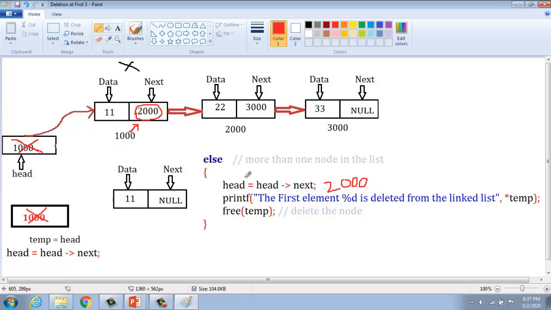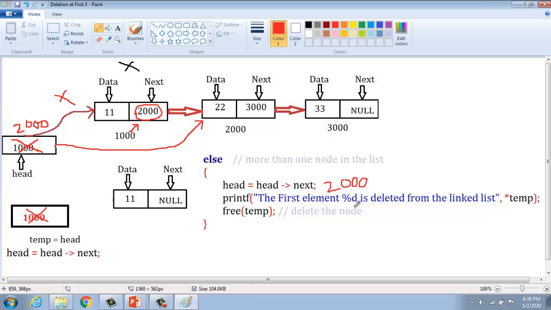If I assign head equal to 2000, this link is automatically disconnected and makes a connection to the second node of the given linked list. I have understood, the second node of the given linked list.